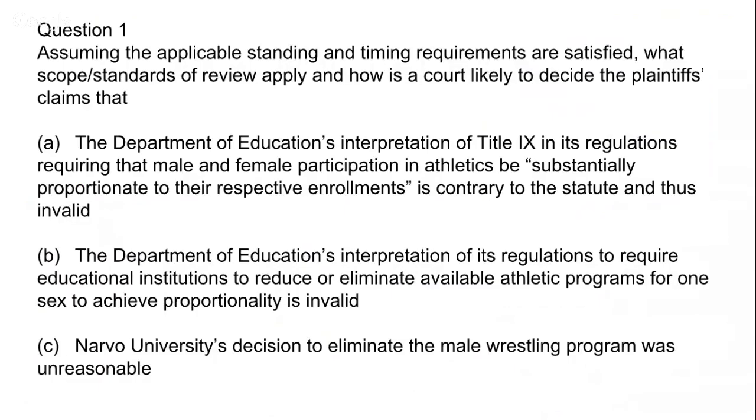So now let's go back to the call of the question. The first keyword that we see is obviously scope and standards of review, at the top of the page. So that's going to trigger our first understanding. We're looking for one of four things: Mead, Skidmore, Chevron, or arbitrary and capricious for this particular exam. Now, question A